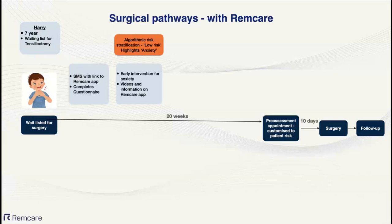And all these questionnaires and the risk stratification can be customized to local hospital specifications. On the app, Harry and his family also get useful information in terms of the procedure, counseling for anxiety, all of that is available. And following that early risk stratification, which will guide any proactive interventions to prepare this patient,